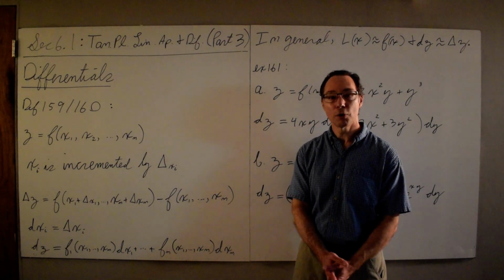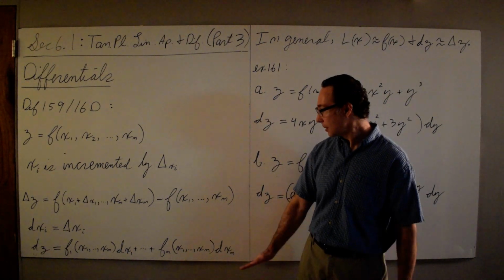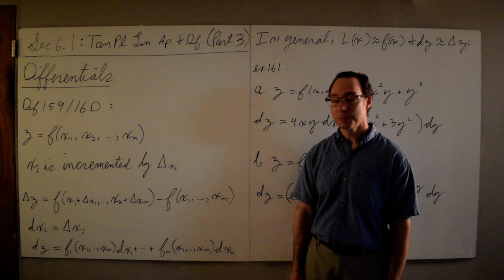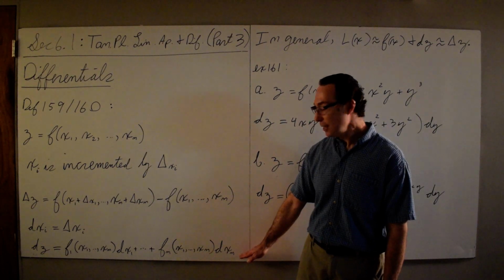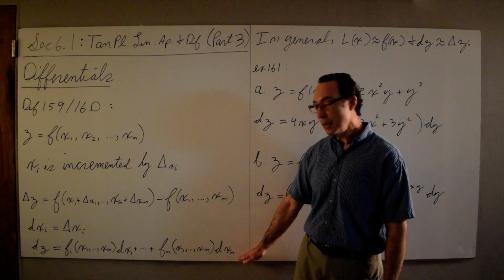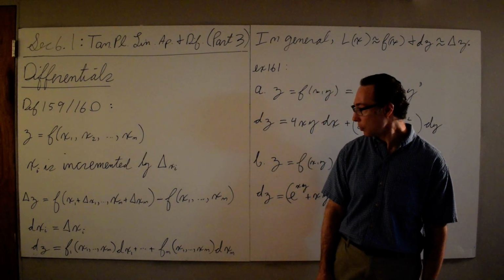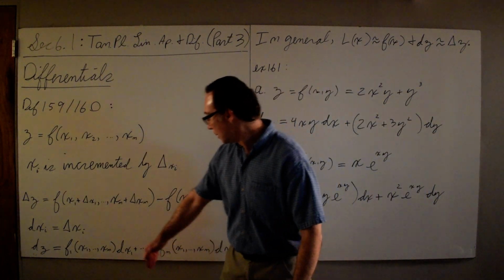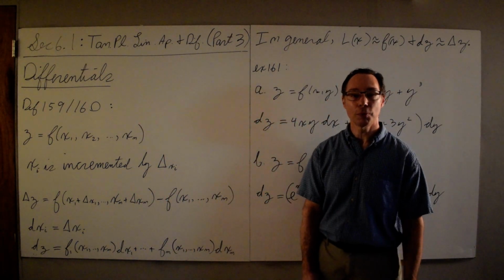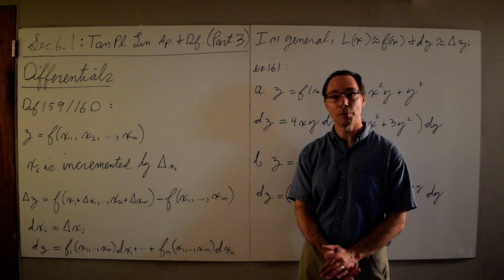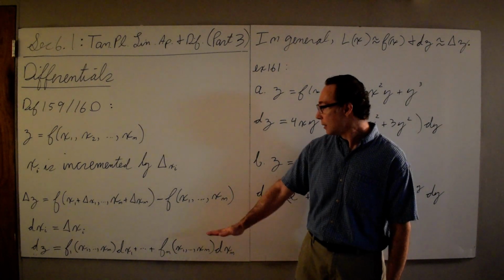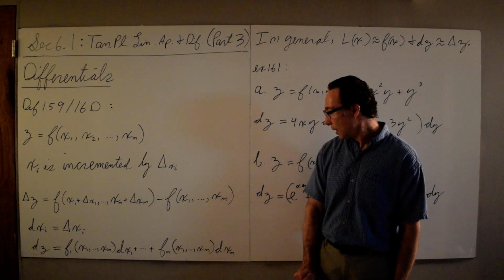And now we have our differentials, our dx sub i's and our dz. And dz is the dependent variable. It depends on the dx sub i's. Those are the independent variables. And because they're independent, we can make them what we want. So we make them be the delta x sub i's, just like we did in Calc 1. We set dx to be delta x. Well, here we're going to set dx sub i to be delta x sub i. And then we define